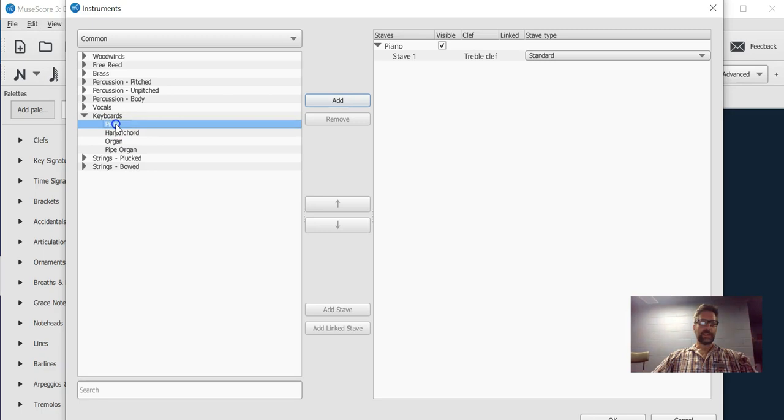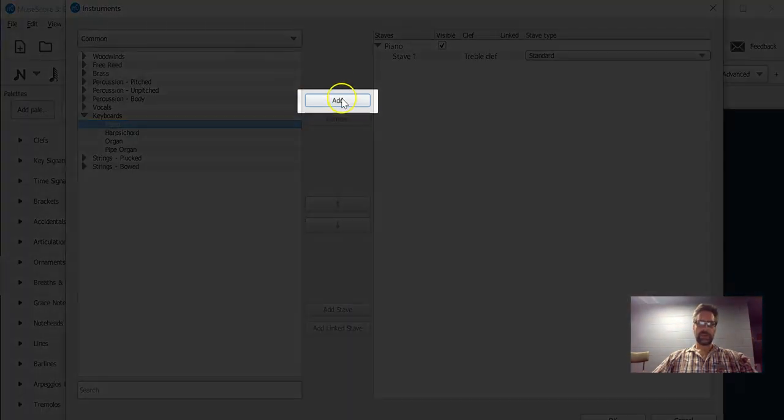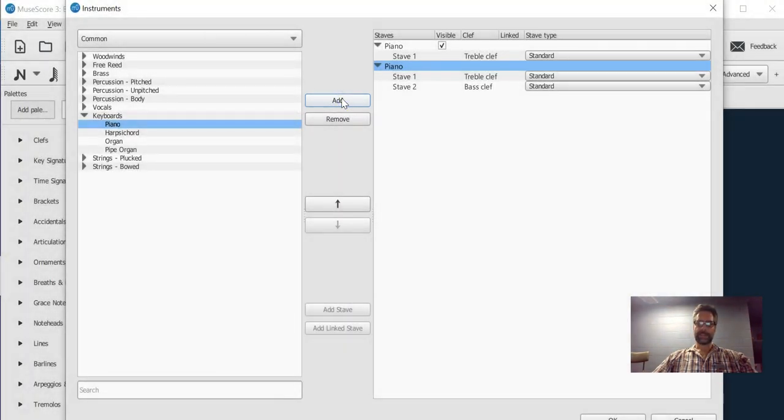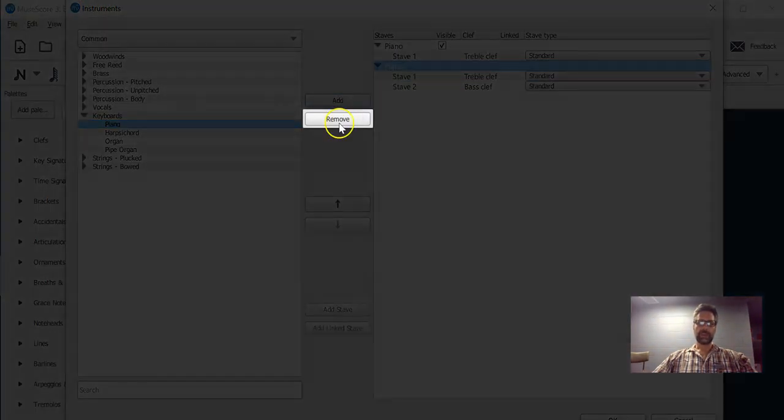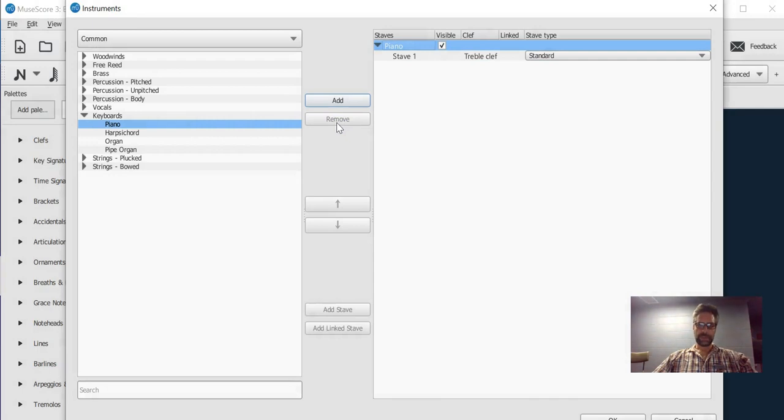I'm going to add a piano to this, so I choose piano and I add it. No need to mess with anything else. If I wanted to remove the piano, it's the same thing, I for instrument, and come back. When I'm eventually ready to get rid of this, click on it, and then you're going to want to remove